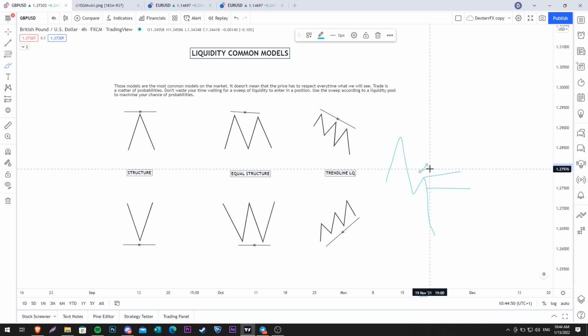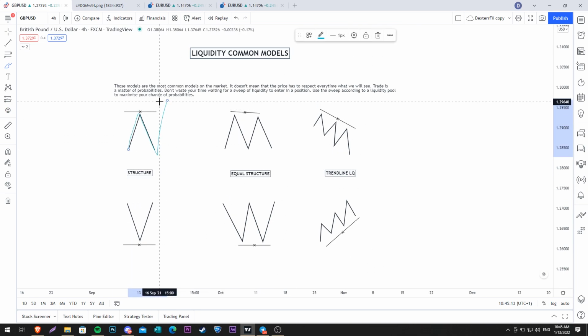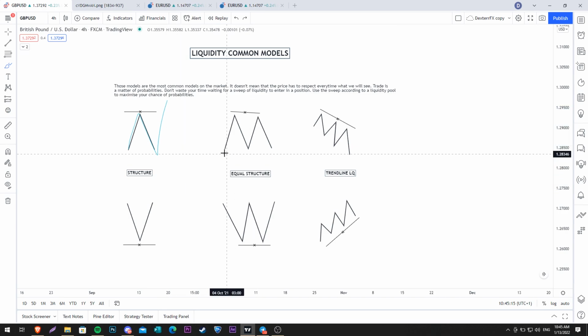I use the word can. This is not an obligation for the price to come back here and fill all of this thing. Okay, it's not an obligation for the price. Price, as I told you in the first video, moves from a liquidity pool to another to have a balanced price. And it's really important to keep in mind that price will not every time go here to take orders and then go. Okay,